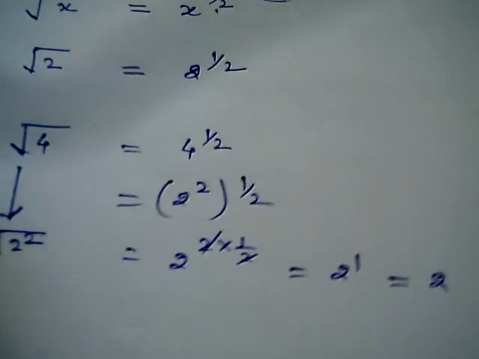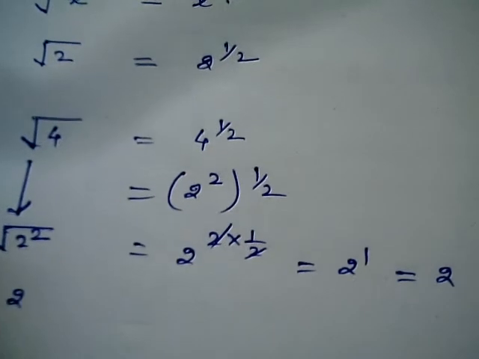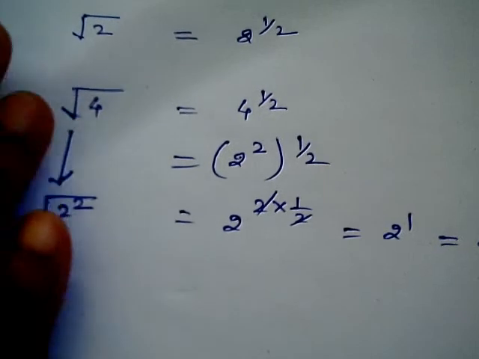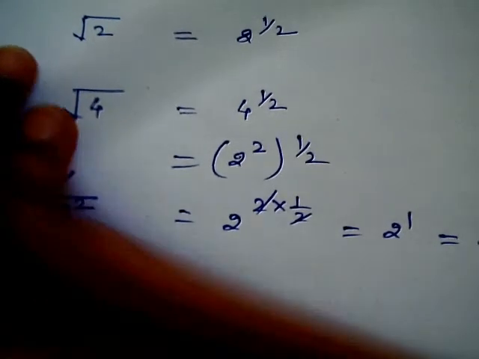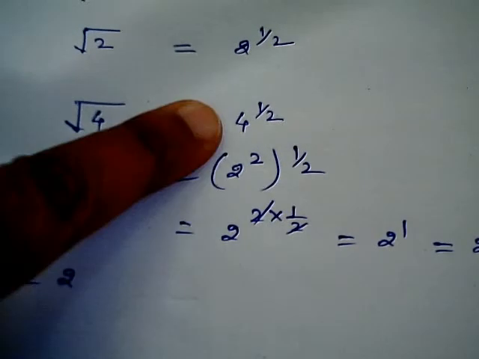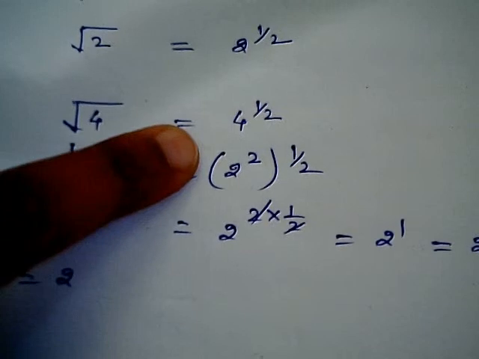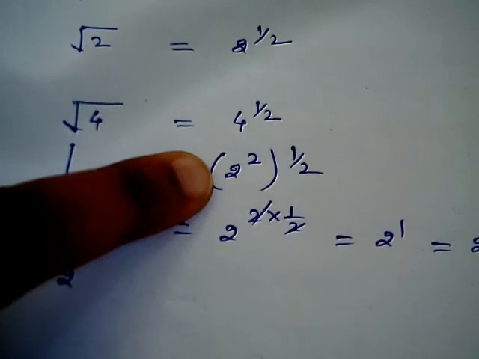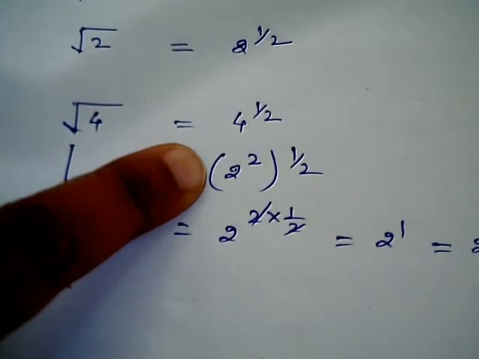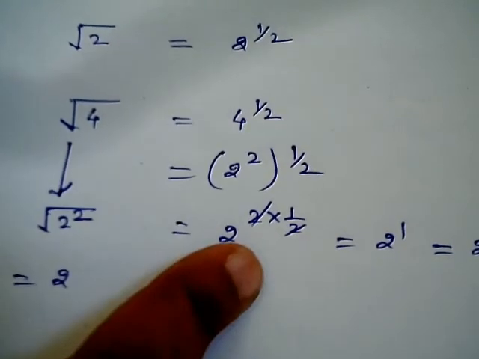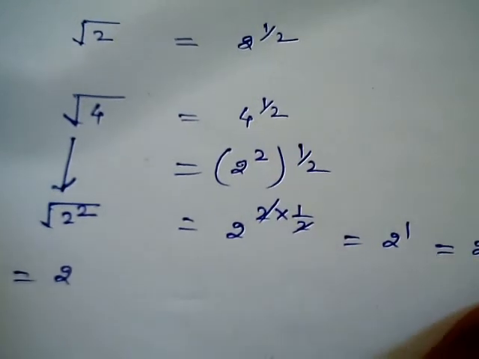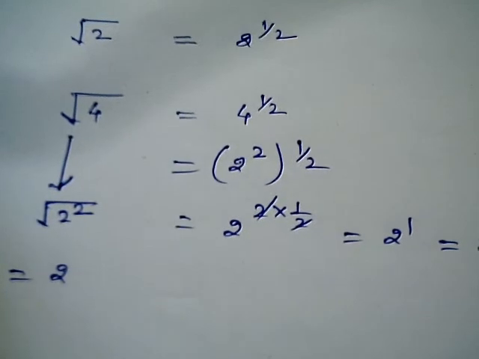Another way, this is the lengthy way, and this is the accurate way of doing the question if you don't have any idea. Square root of 4, I have written 4 to the power half. I need to write 4 as the square of a number. So 4 we can write as 2 square. The power gets multiplied by the exponent, I have multiplied 2 times half, the 2 cancels out. So 2 to the power 1, that comes to 2. Another way, directly instead of doing this calculation, we can do it, but for that you should have the idea.